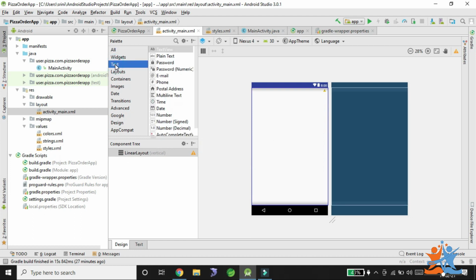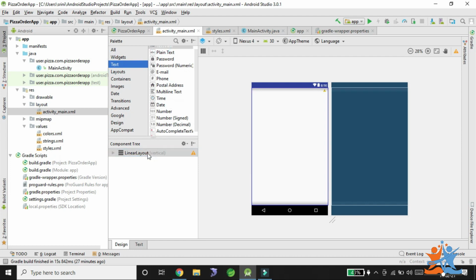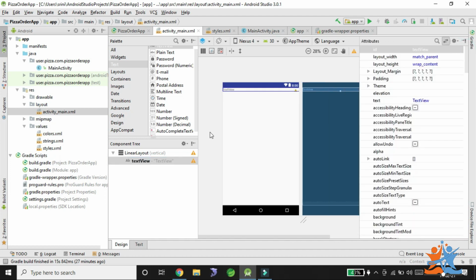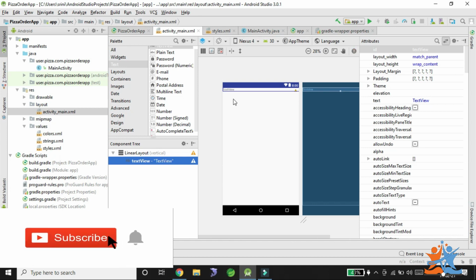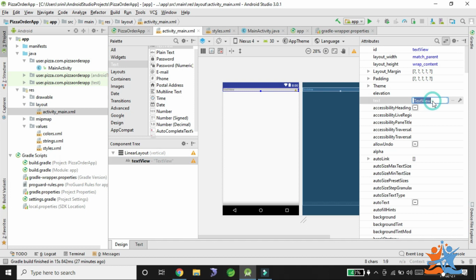Then after that I need to take the text view and drag and drop it into the layout. Here we can get the text. For this text view, we have attributes on the right side, for each and every selection of drag and drop values. The text view we need to convert into, for example, registration form. This is the first input I'm taking.